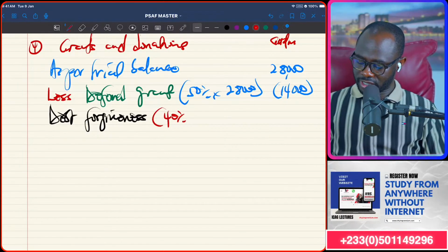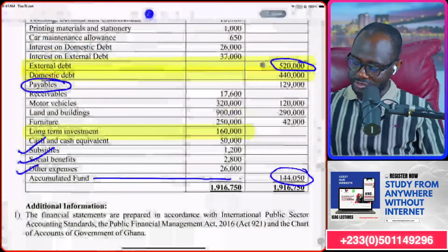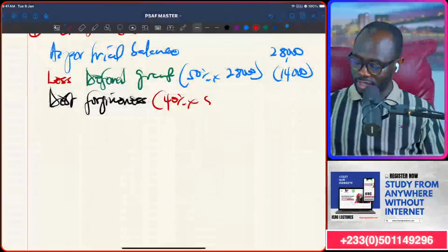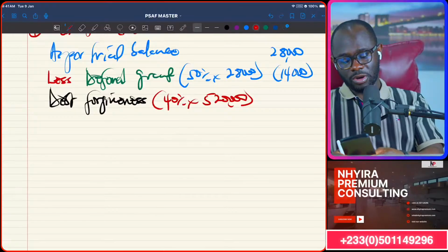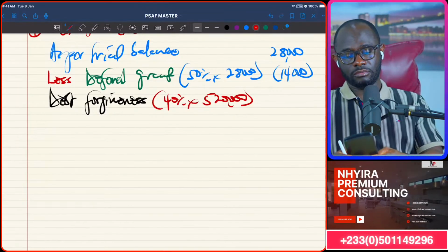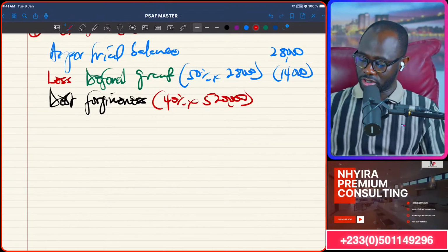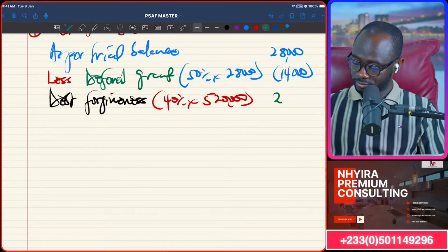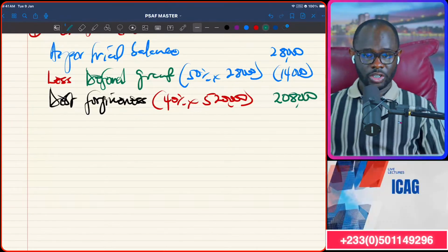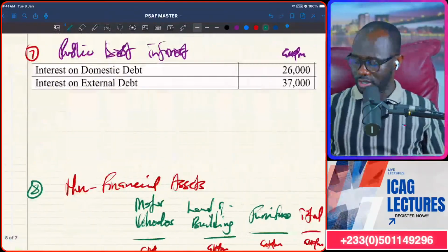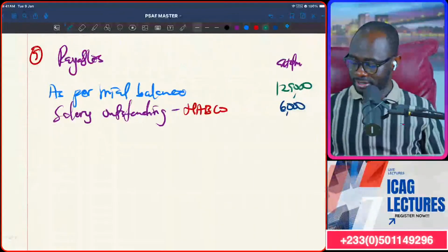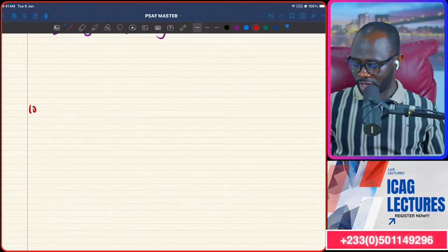So 40% of the external debt, 520,000. So 0.4 by 520. And that is 208,000. So it means if we now go to the statement of financial position, external debts,